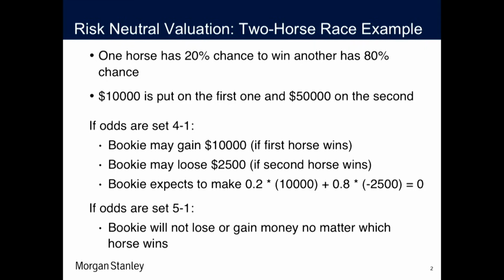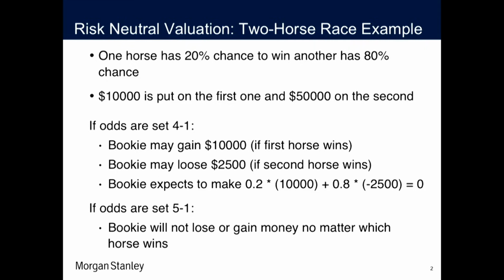Well, the bookie is sure that he possesses good information, so suppose he sets the odds according to real life probability, so he sets it 4-1. What would be the possible outcomes of the race for him? Monetary. So suppose the first horse wins, then what happens? He has to pay back 10,000 and 4 times more. So he pays out 50,000 and he received 60,000, right? So he can keep 10,000 out of it.